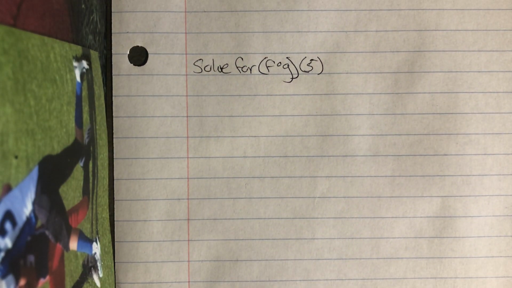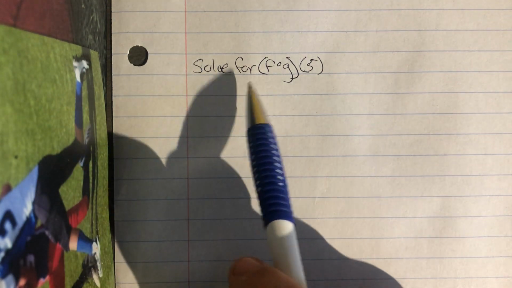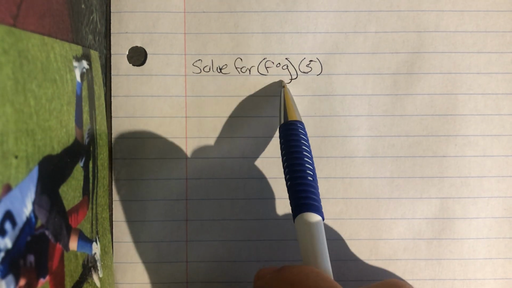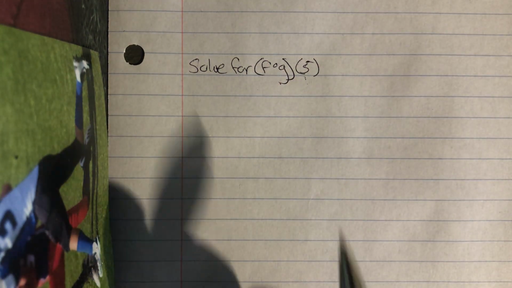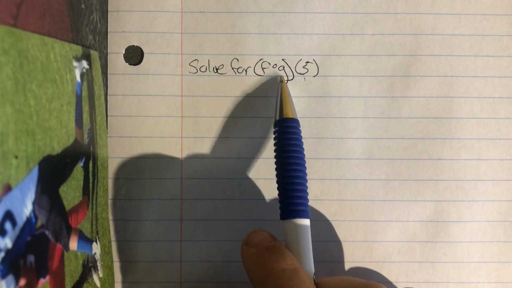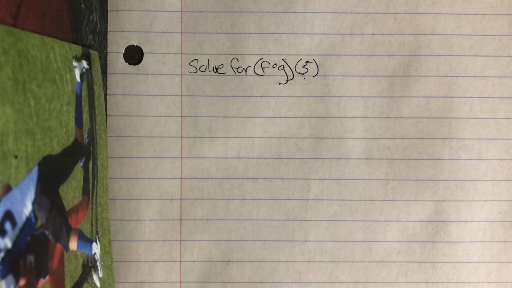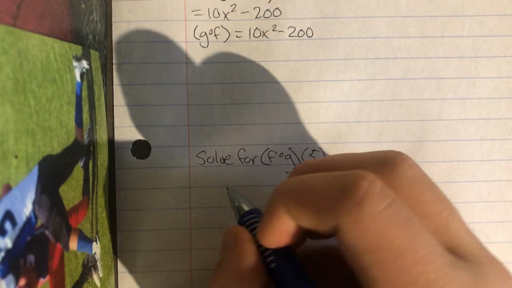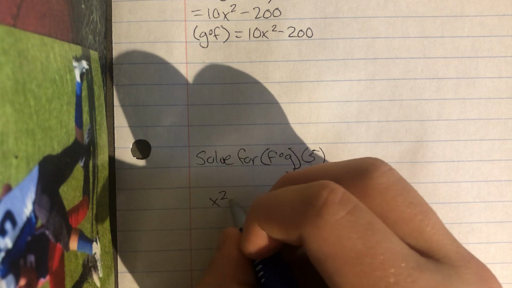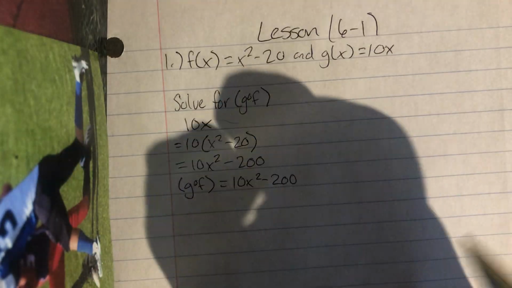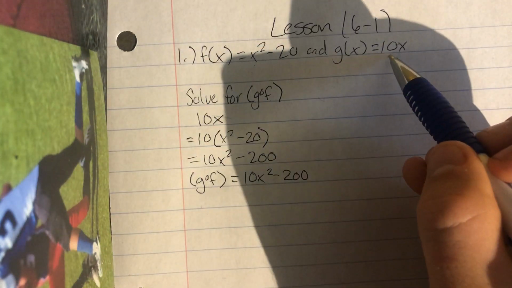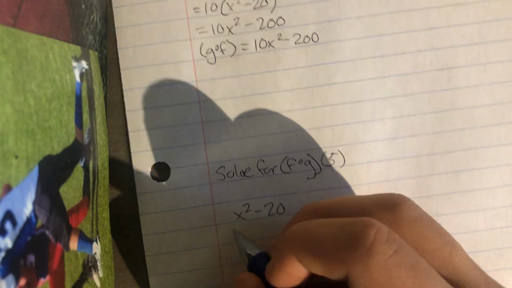The second one, we're going to do the complete opposite, but we're going to add one more thing to it. So we're going to solve for function f times function g, where x is going to equal 5. So function g is going to go inside of function f. So we're going to take function f, which is x squared minus 20. But now we're going to put function g in place for x in here, which is 10x. So this is going to be